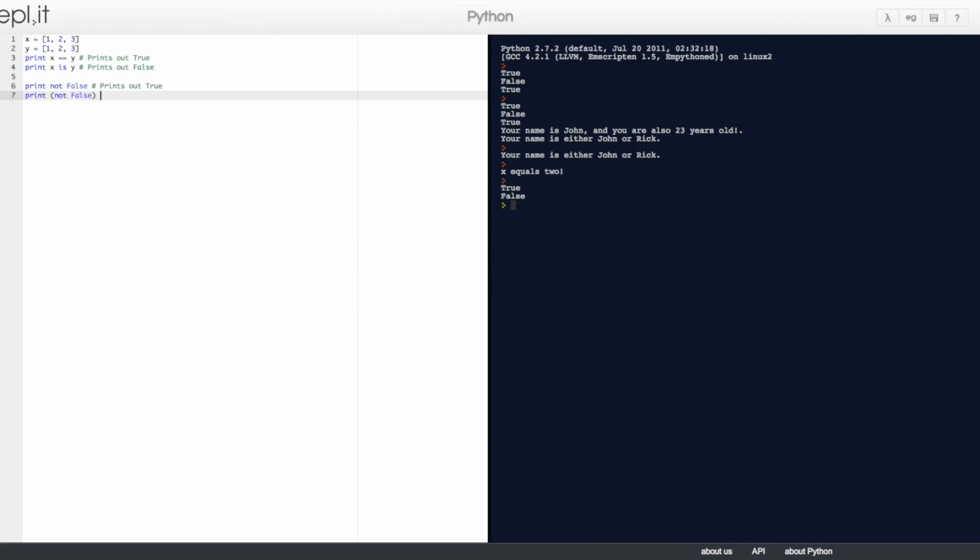So not false equals false, and that should be false. So that will print out false because not false is true and true is not equal to false. So let's run this. So true, true, false, false.